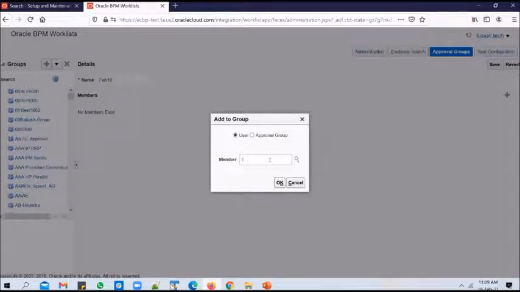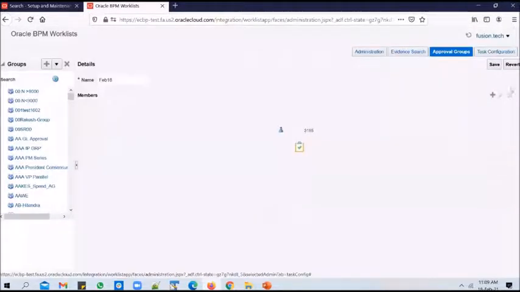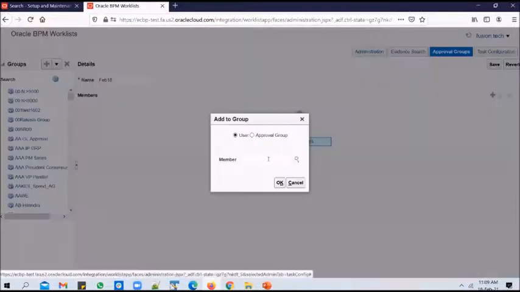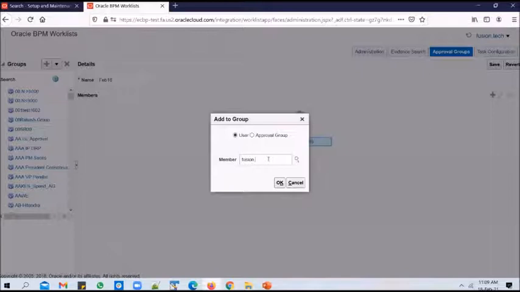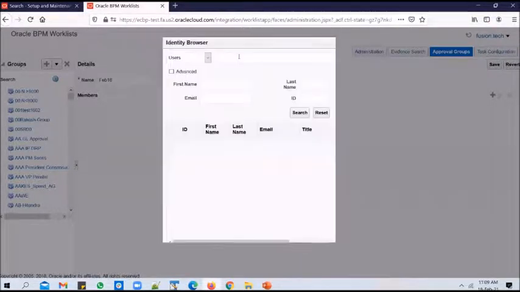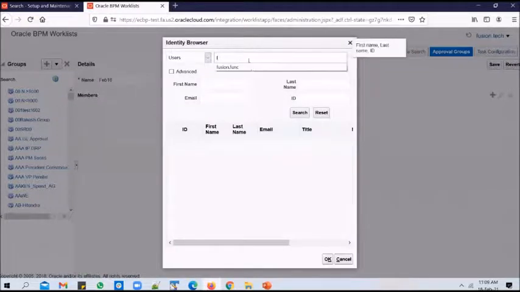Let's add in 3185 employee as a first user, as a first approver. And let's add in another user. Let's select fusion.func user.